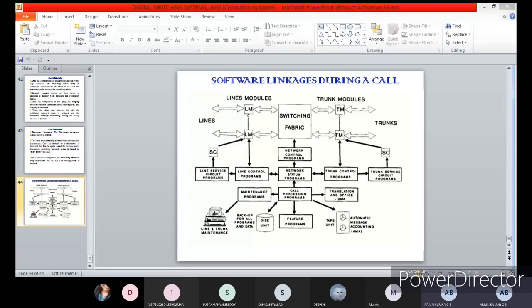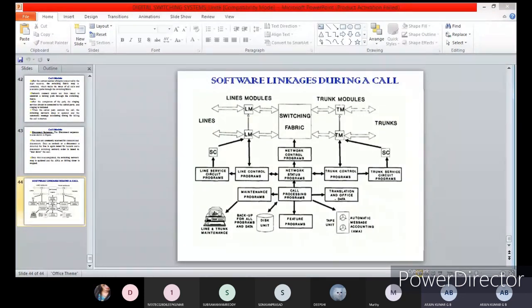The CPP, the call processing program, receives the report or information from the network NCPs, then starts processing the call and also counting the call. Counting the call means it will start the AMA also, and if there is any maintenance, it waits for the indication and then the maintenance program.